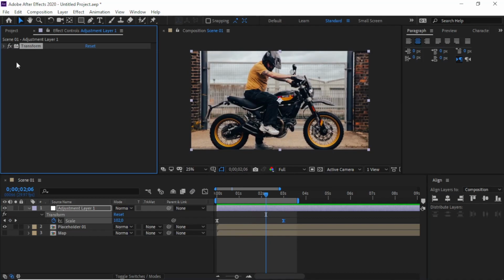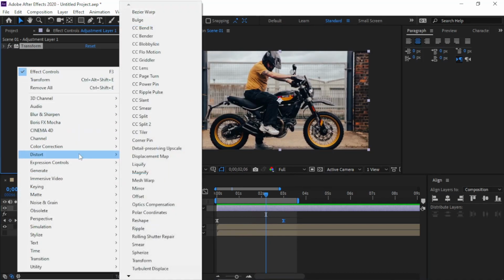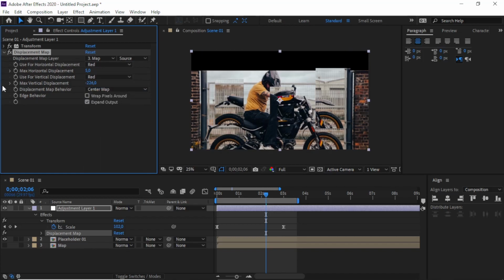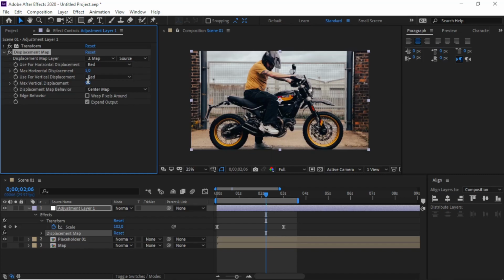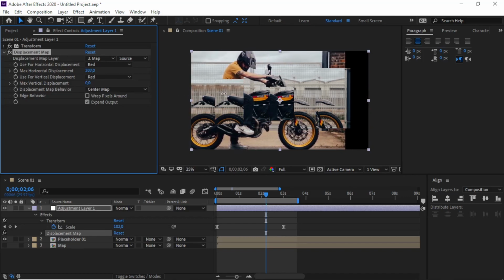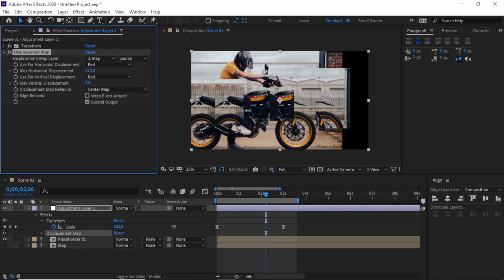Under the transform, we create a displacement map, where displacement map right here, and displacement map layer, we choose the map and we play this red, I'm sorry, going to 0, and we play this one like this.